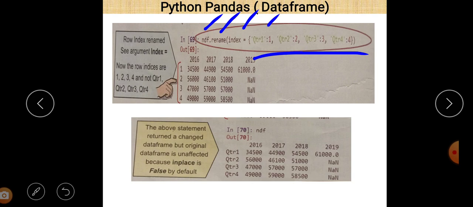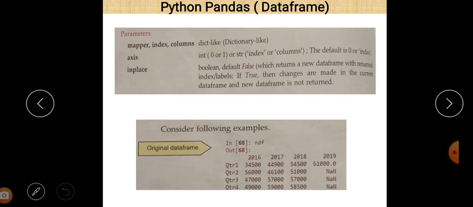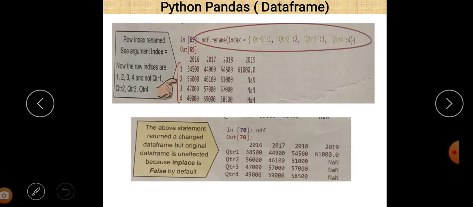So the first value is a key and the second is a value. For key Q2R1 the value is 1, for key Q2R2 the value is 2, for Q2R3 the value is 3, and for Q2R4 the value is 4. So this is our original data frame, and these are the keys here: Q2R1, Q2R2, Q2R3 and Q2R4. And we have to make the changes, or rename the different index values, to 1, 2, 3 and 4.